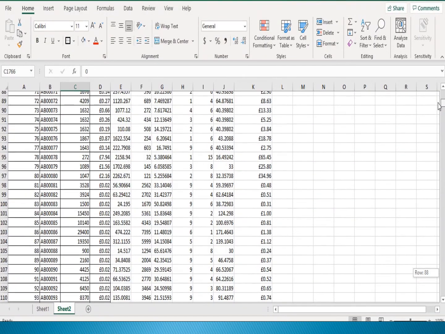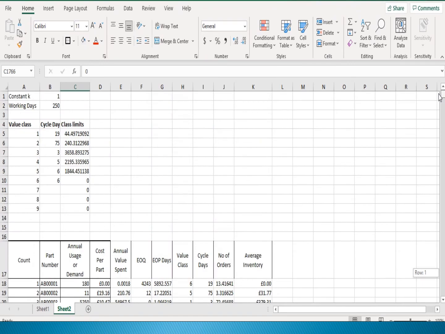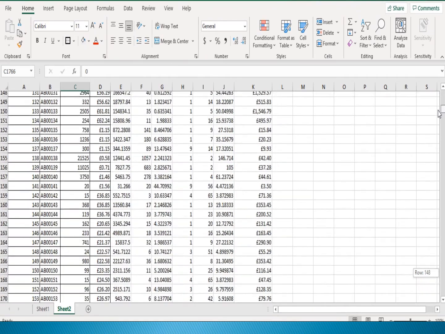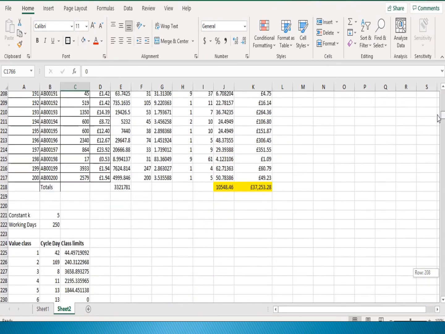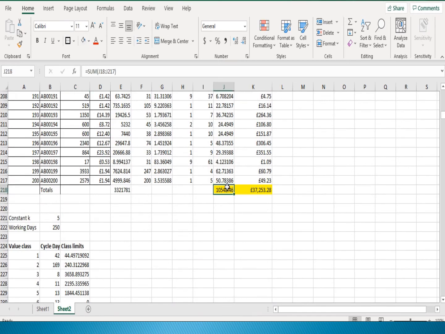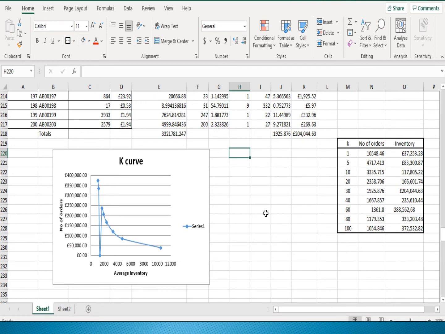Here is the value of the content K for the number of orders and the inventory. We will check the values step by step by this table and match all the values, and after that we will go on to how to make a K-curve chart. This is the value of the number of orders for the first, and now we go for content K5.